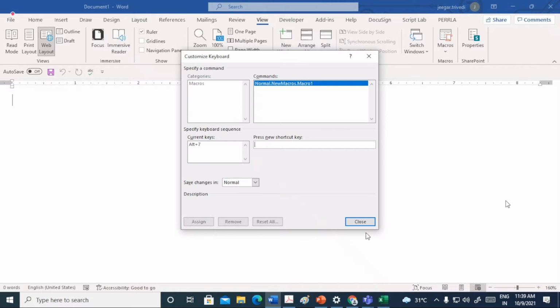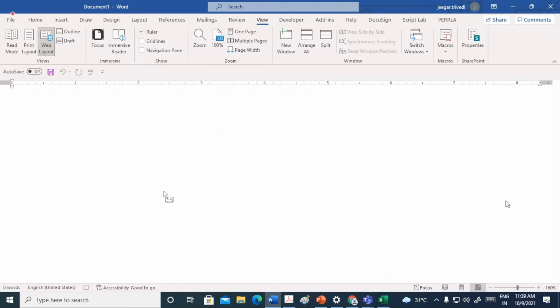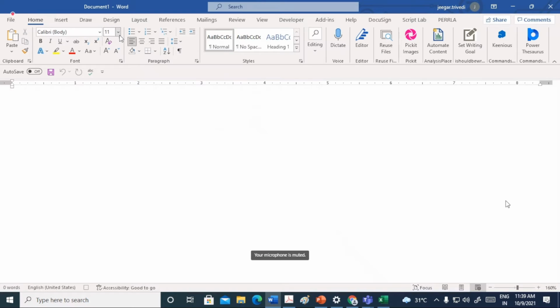Assign, and let us say close. I go to the home menu, change the color. Macro recording started.